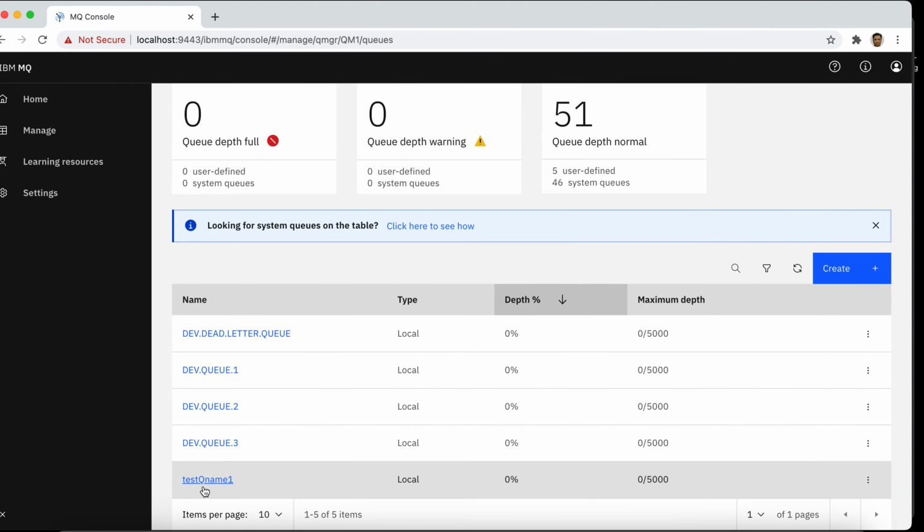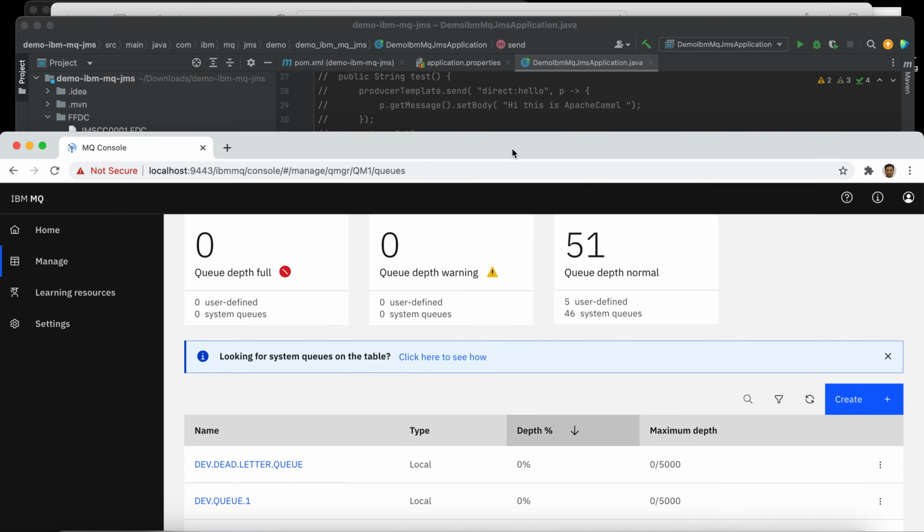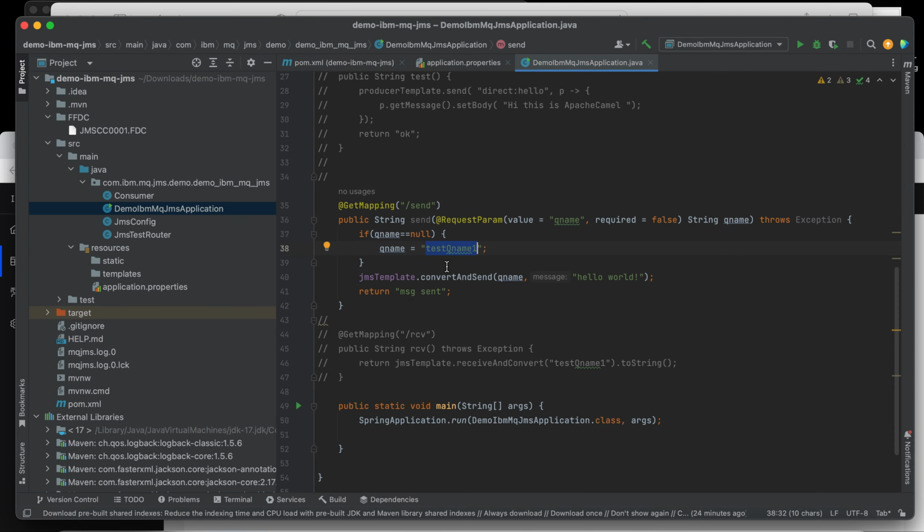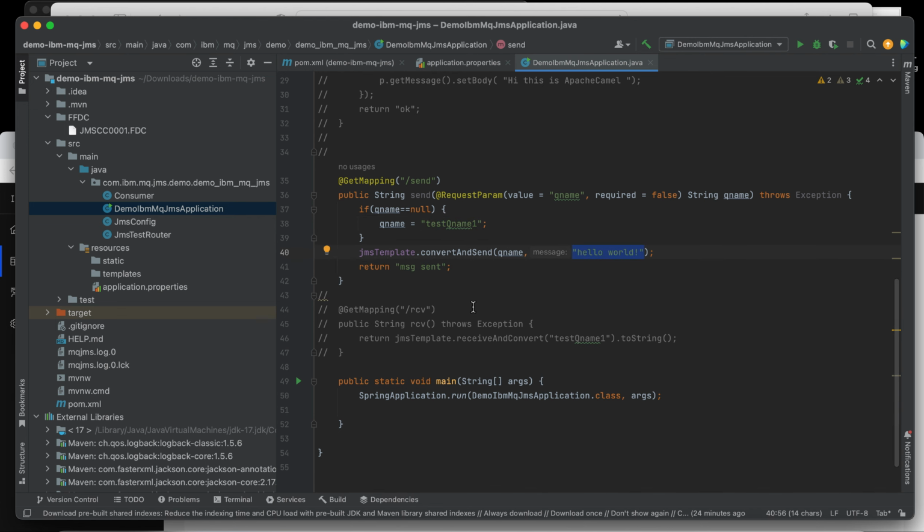This is the default queue name I'm using for this demo, test queue name 1. But I can pass any queue name. By default, if I don't pass any queue name, I use this default. Then I send a dummy message, which is hello world, and that's it.